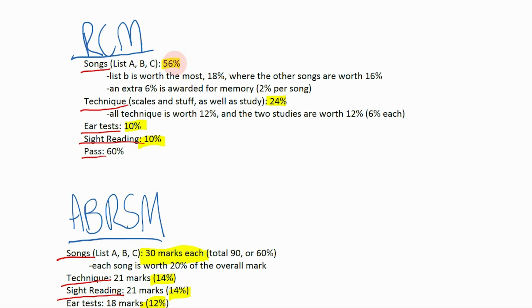So in RCM, all of your pieces are worth 56%, and they're pretty equal. Your list A and C are worth 16%, and then your list B is worth 18%, to a total of almost your entire passing grade, which is 60. Your technique is out of 24%, so that's 12% for all the scales and stuff, and then the 2 studies